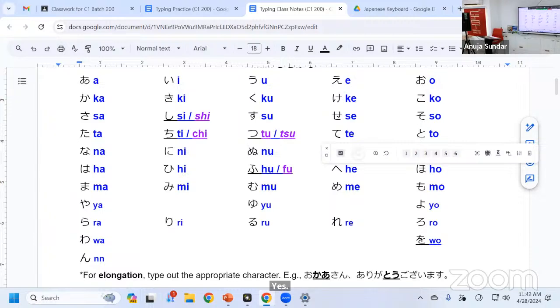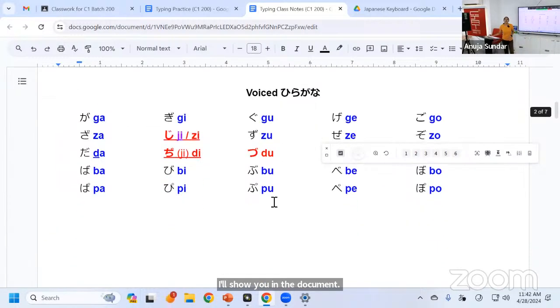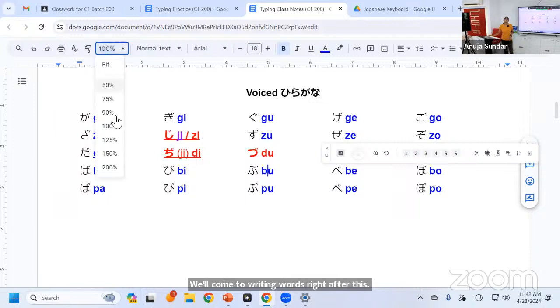Great. Please do practice the voiced sounds also. Once you're done with the basics, you can try the voiced sounds. Follow the ones in your textbook. I'll just scroll down and show you in the document. We'll come to writing words right after this. For voiced sounds,